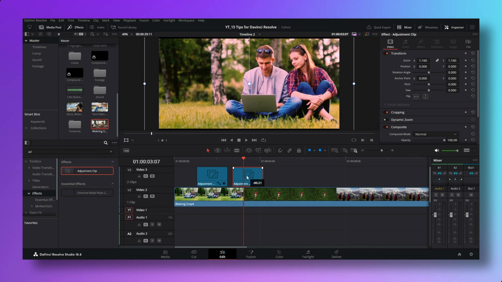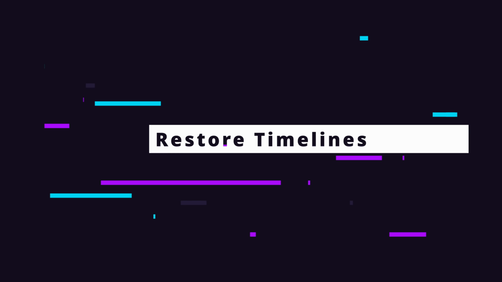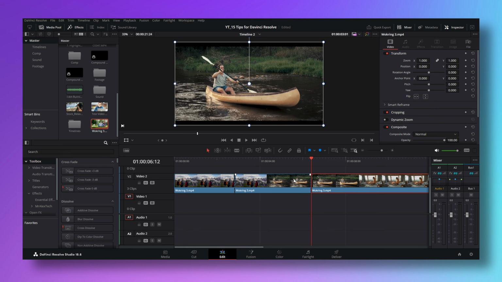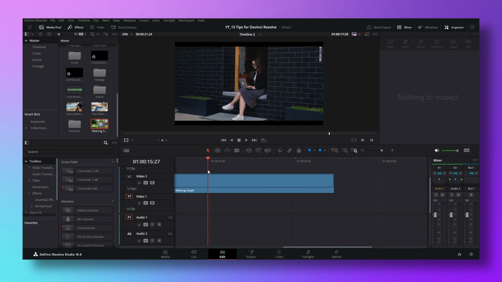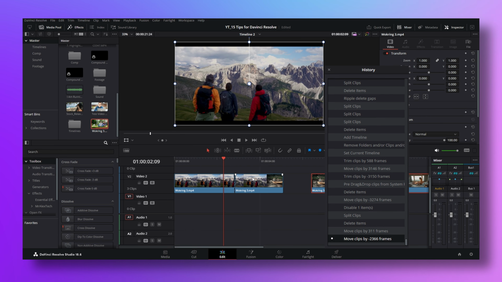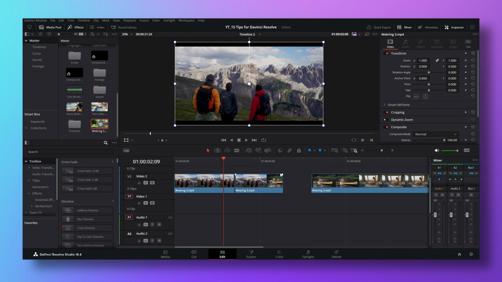The clips beneath the adjustment clips will stay untouched. We all had this before with a complex project. You work like a boss and somehow make a mistake and only realize it later. The history might work, but if you go back, it will undo all the work you already did. That sucks. But you need a partner, and that partner is DaVinci Resolve, which has been backing up your timeline